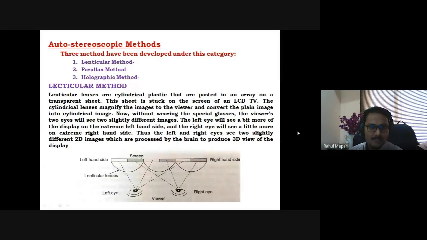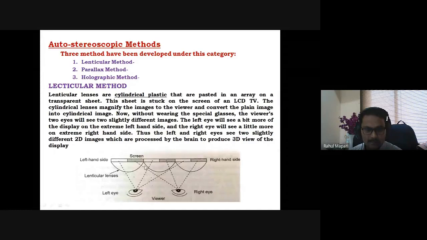So in the lenticular method, if you see the image, this is the screen. This is the left hand side and this is the right hand side, and these are called lenticular lenses.